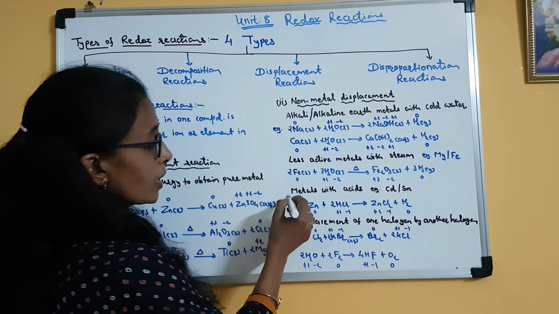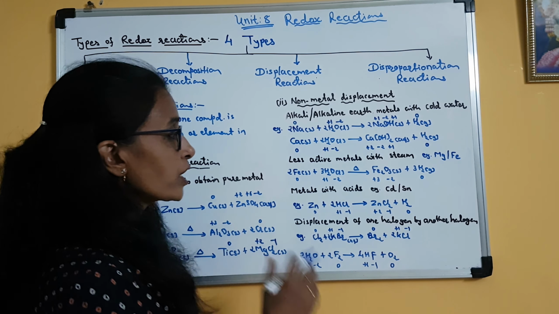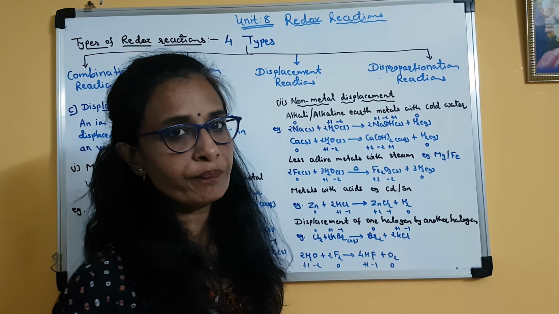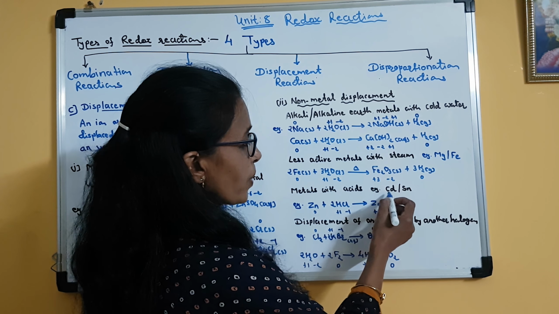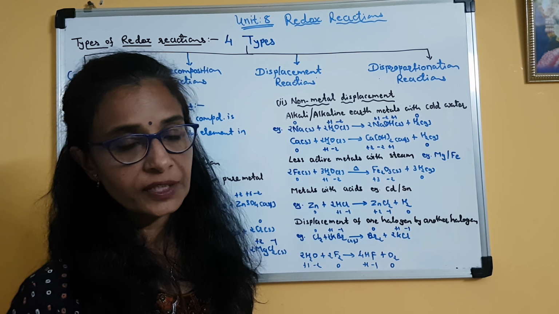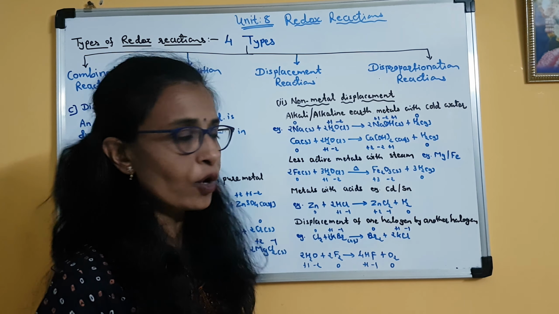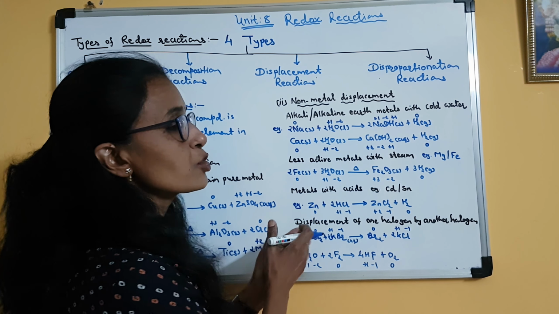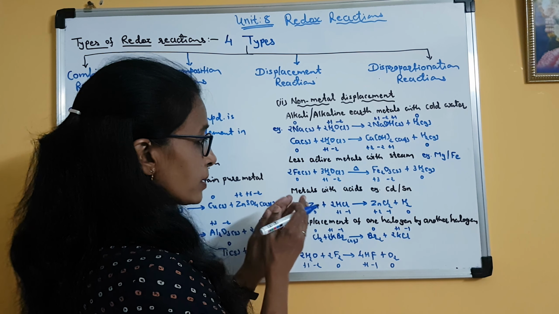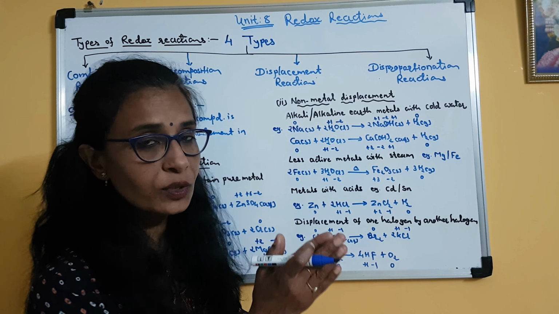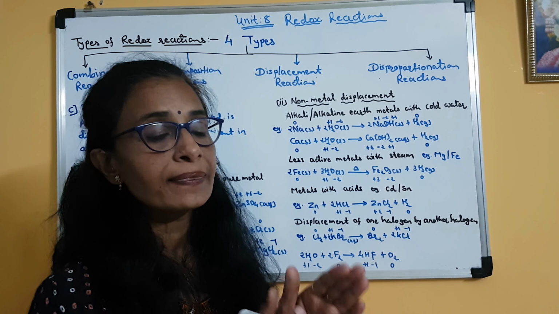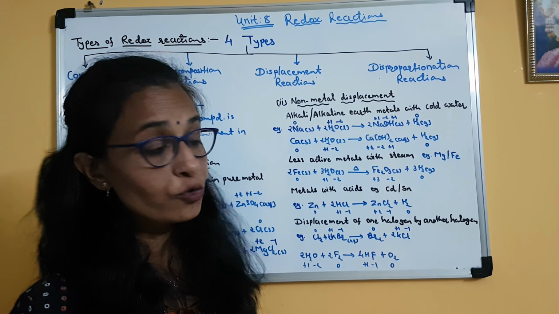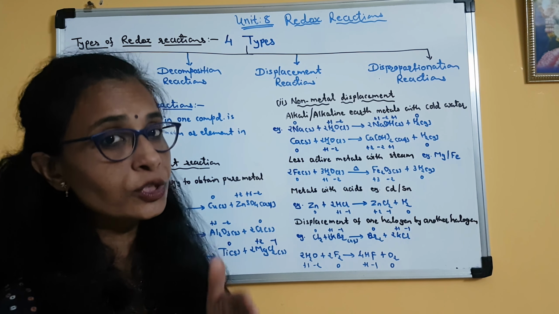Clear? But there are some other metals which cannot react with cold water, or they cannot even react with steam. Clear? So here such metals are cadmium and tin. These are the metals which cannot react with cold water, which cannot react even with steam. Clear? But here the example given is of zinc. Some metals, when they don't react with cold water or steam, then if they react with acid, then from acid they will displace hydrogen. So from acid, non-metallic element, that is hydrogen, is displaced.